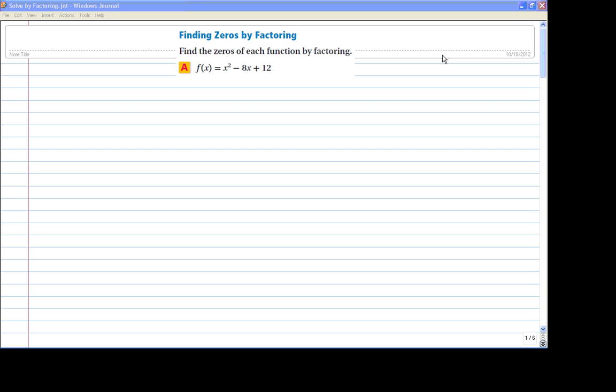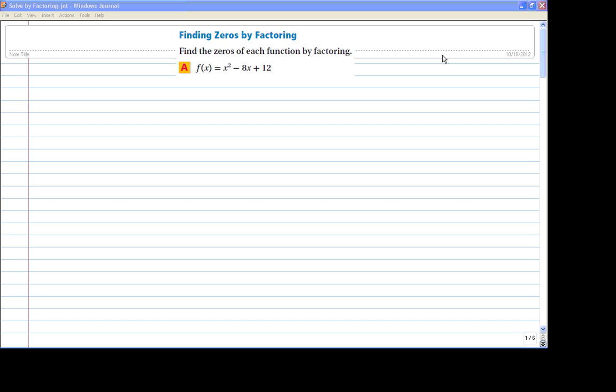Everyone, here's a video on how to solve quadratics by factoring. These examples that I'm using are out of the book starting on page 334, so if you want to go back and read those yourself as well, you are more than welcome to do that. But I'm going to start with example 2 on page 334, and it says to find the zeros of each